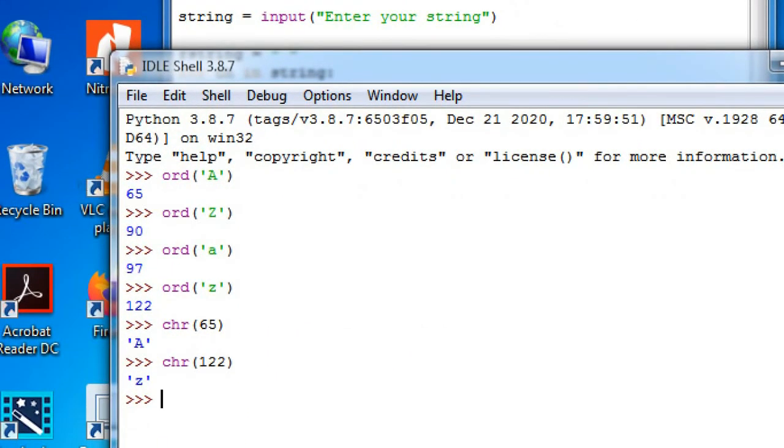For small letter a, the ASCII code is going to be 97. In order to get the ASCII code for capital letter A from small letter a, we need to do a subtraction. The subtraction by 32 should be done here. So 97 minus 32 will give us 65.